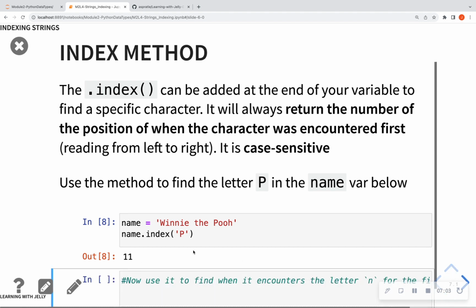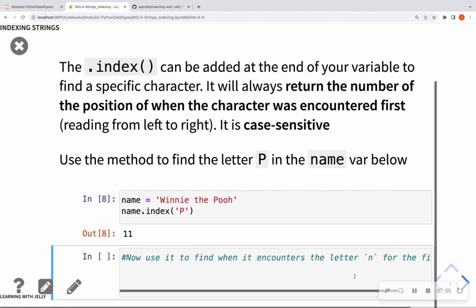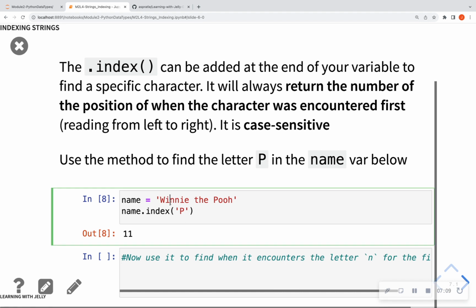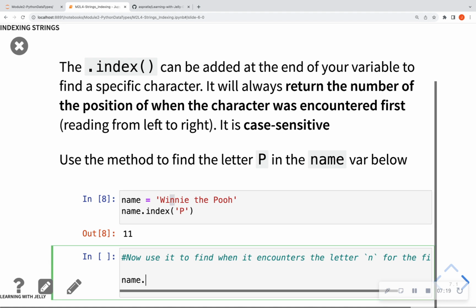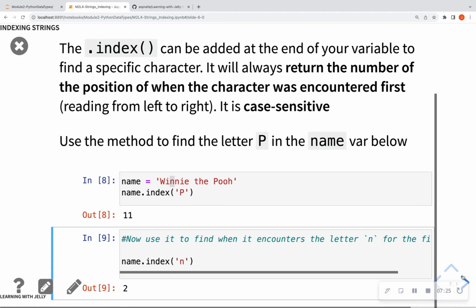position. Okay. Now, say for instance, I want to find the letter N, and it's always going to stop at the first encounter of that. So in this case, I have 2 N's. It's going to return the index of the first N that it encounters. So I can call name.index, and in this case, single quotes, a lowercase n, and it's found at the 2nd position. So index can kind of give you a feel of where things are